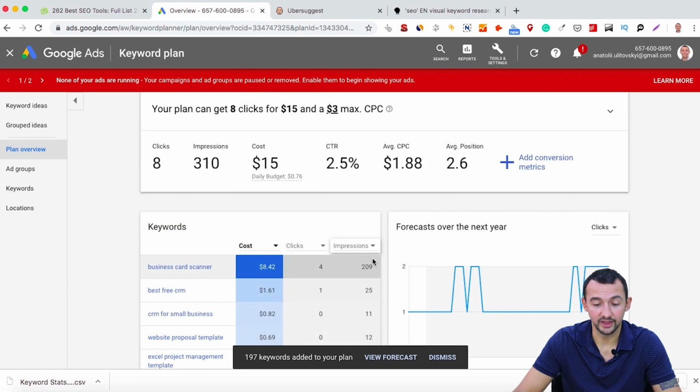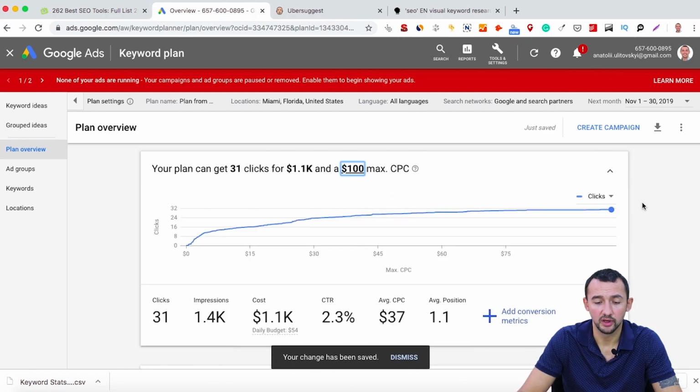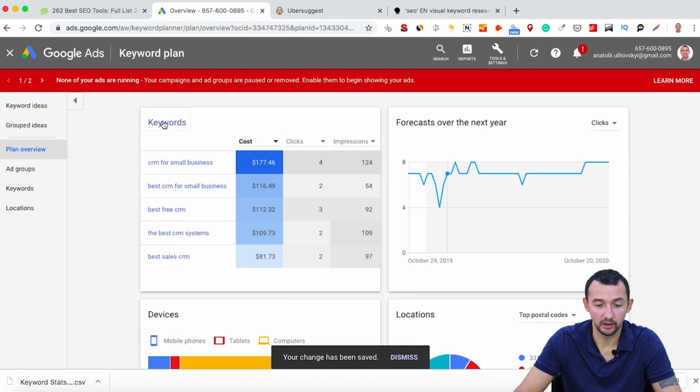If you want to know exact impressions, just increase your paid cost per click. We can use the maximum cost per click, and after this Google will show us exact impressions for these keywords.